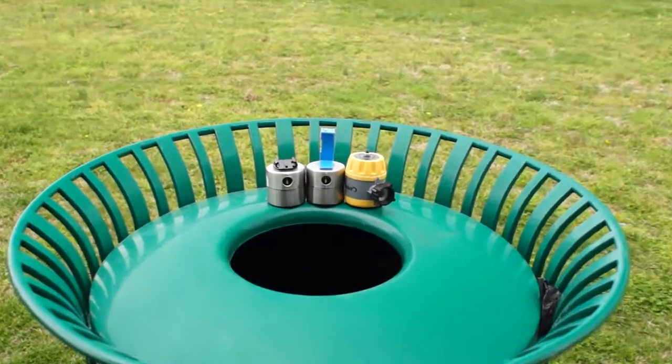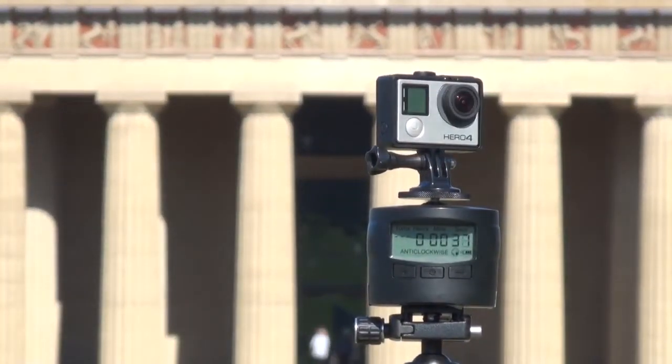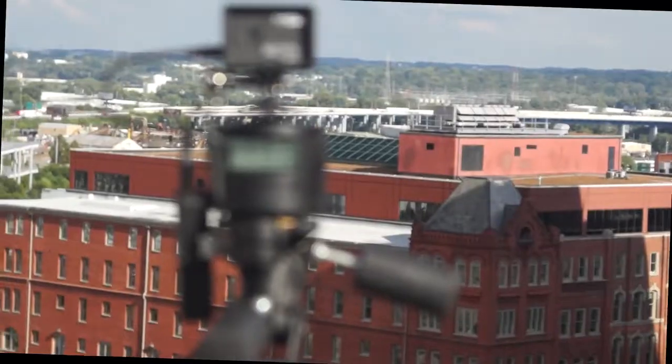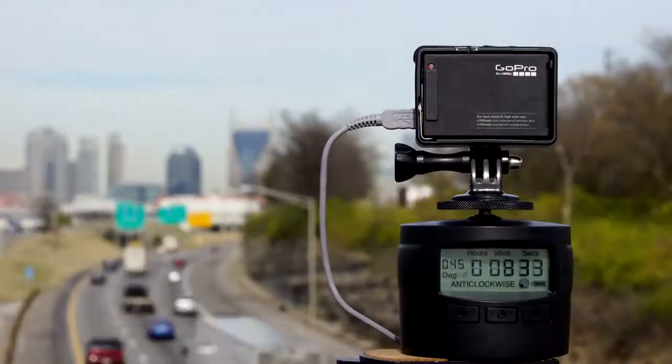I've hacked several cheap kitchen and garden faucet timers, and you only get those jerky time-lapse pans that turn counterclockwise. Thankfully, a British man named Louis Puy-Devine created the Turnspro. The Kickstarter-funded time-lapse device is fully programmable, allowing users to rotate a camera 360 degrees to create professional-looking time-lapse shots